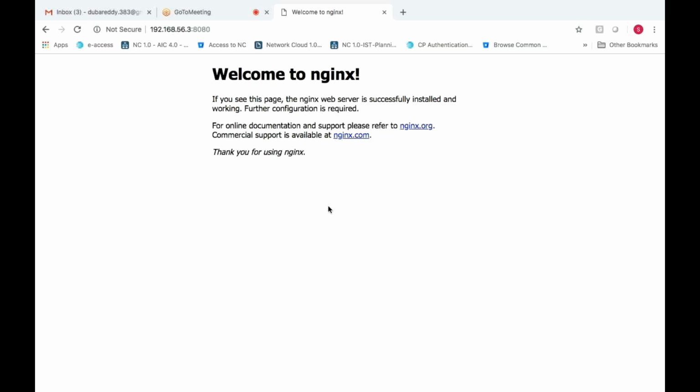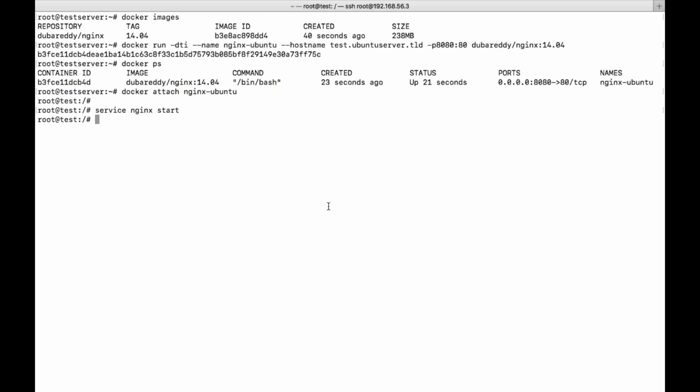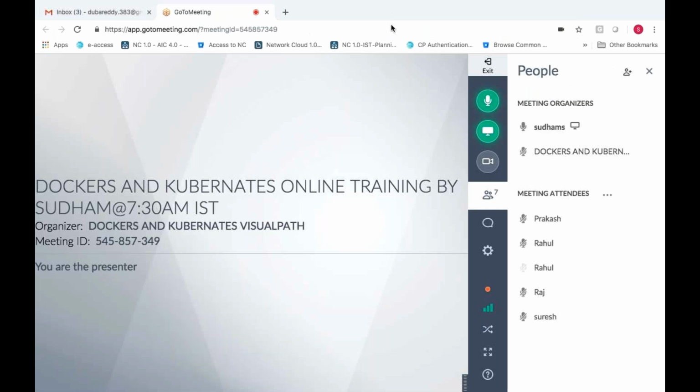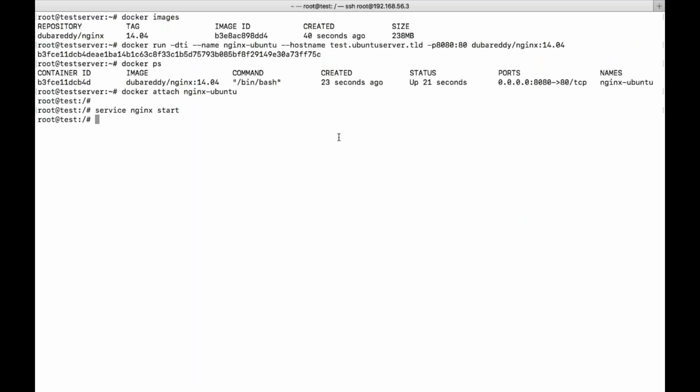Is that clear or anything else? Did you understand this? Hope so. Yes. In real time, do we create images from the production environment? Yes, of course, we create.